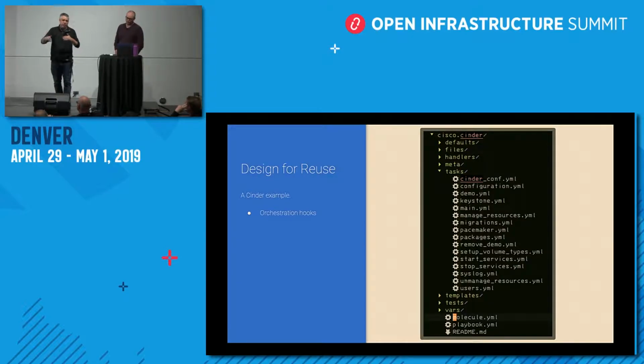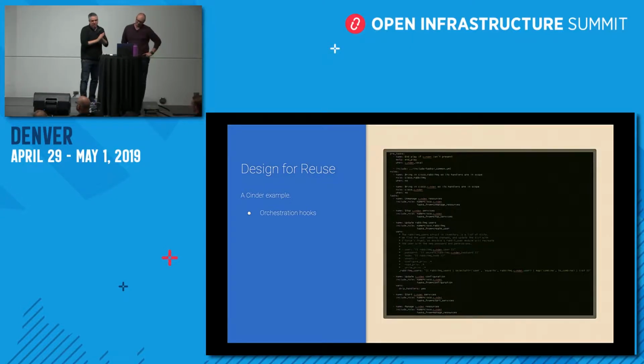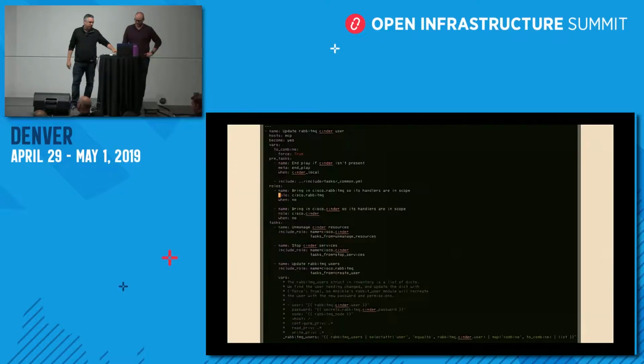So this is how we've gone about thinking about how we lay out our roles. We've done this across all of our services, and it makes it very easy when changing passwords. Say I need to change the RabbitMQ password, which is notoriously difficult. Let me first change the password in Rabbit. Then let me figure out what I need to start. By having these hooks in your roles, it makes it very easy to do that. Very reusable. This is just a high-level play to show how we've accomplished this, but let's drill into it a little deeper.